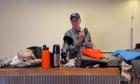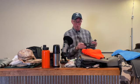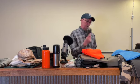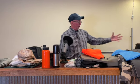I can use this finger for shooting if I need to, because it's not too thick for trigger control, and nice glove. I mean, there are other ones I've used, some thinly insulated gloves from Mechanix, which I've liked as well. But this was my go-to glove, and it worked great. So that was most of the stuff that was